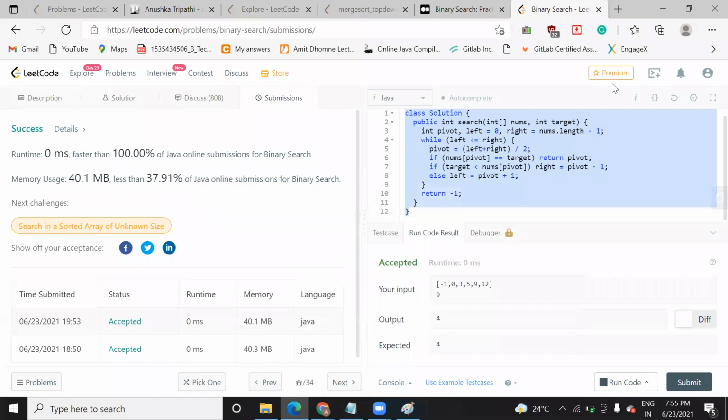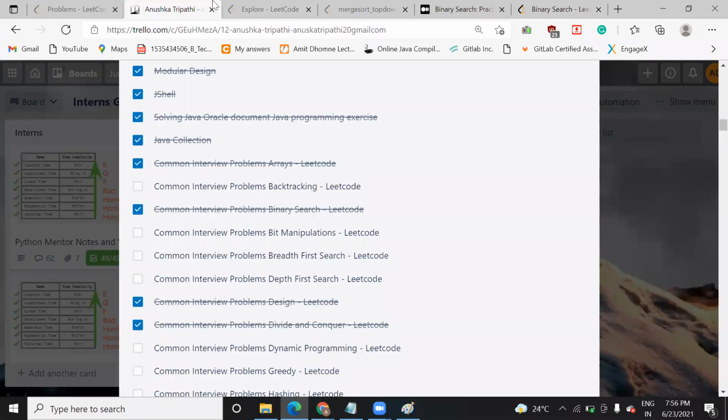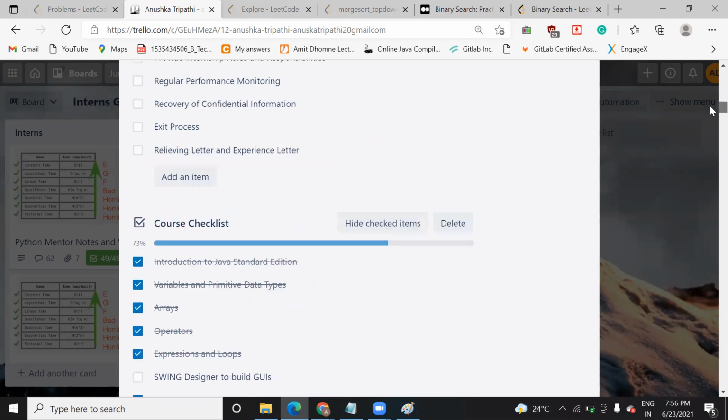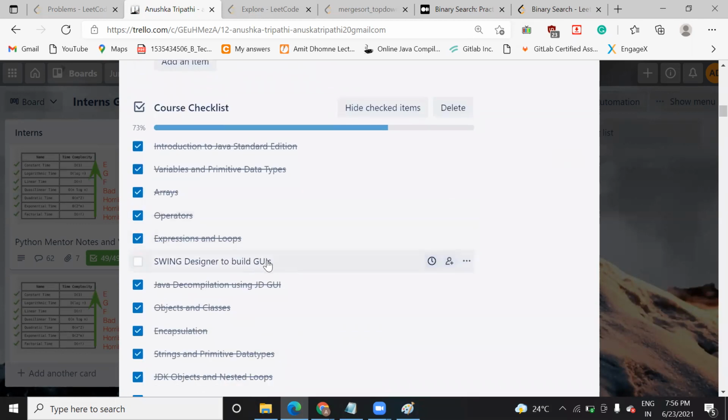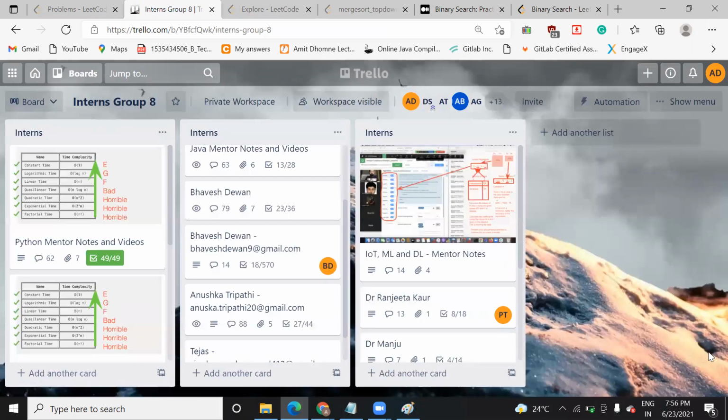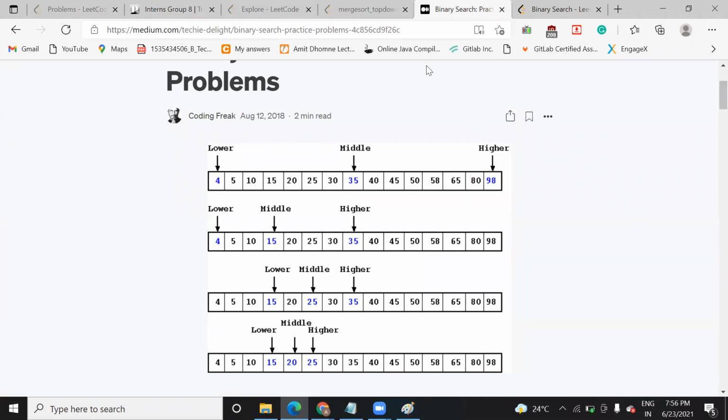Okay, tomorrow we'll connect with some more questions. Maybe we'll look at breadth first and depth first search. In the weekend, I will tell you about UI Swing, how to do Swing and how to create a UI form and all. We have continuous classes, so be available. Try this code on LeetCode, and if you have any question, please ask me. I will explain once again.